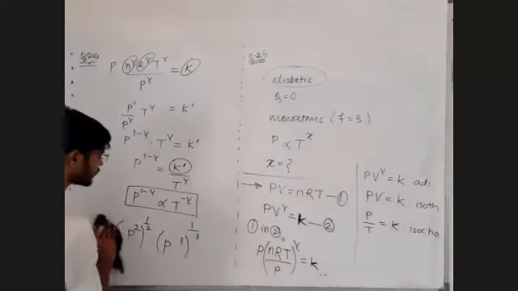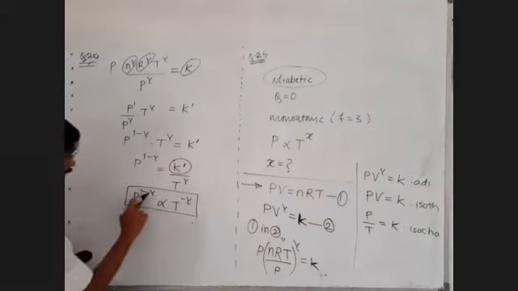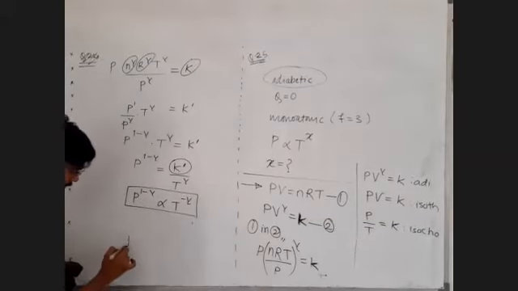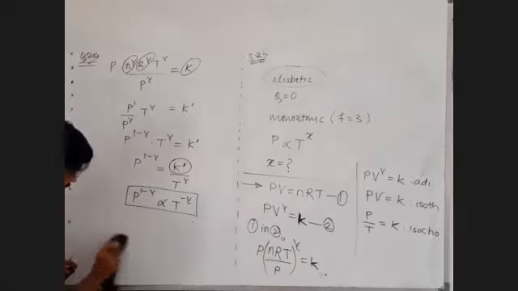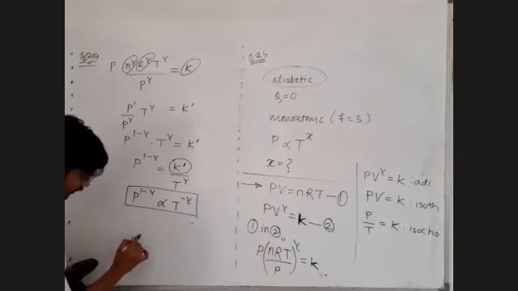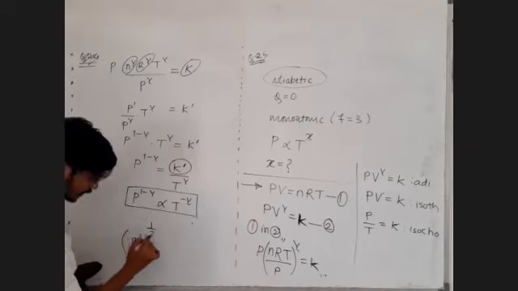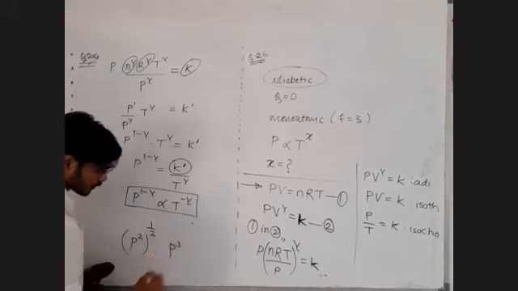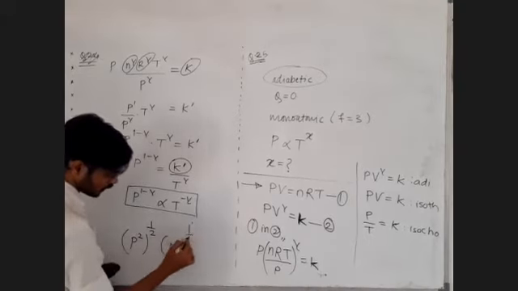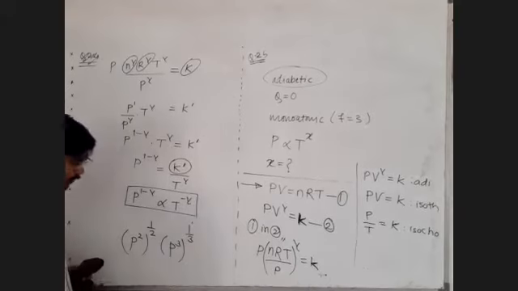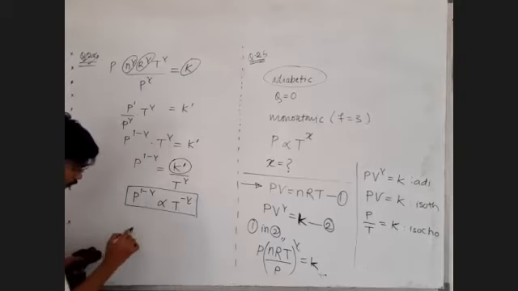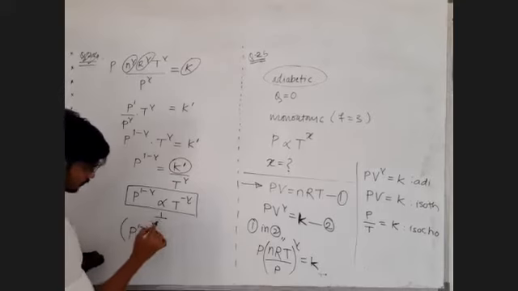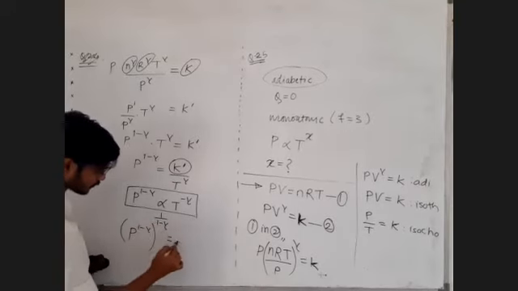So similarly, if there is 1 minus gamma, what will you take? You will take the 1 minus gamma root. Understand once again. If there is a square, you will take the second root. If there is p cube, then you will take the third root. And like this, if there is 1 minus gamma, you will take the 1 minus gamma root on both these sides. Try to understand.